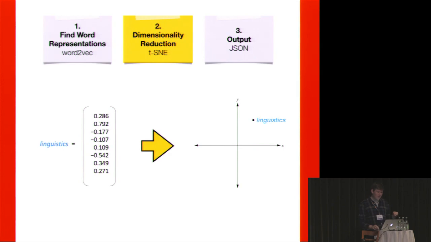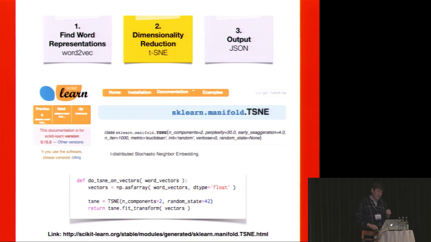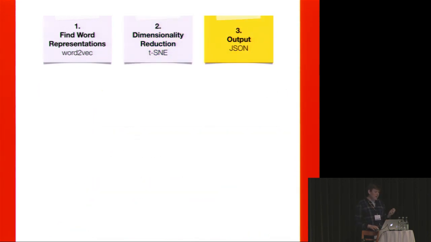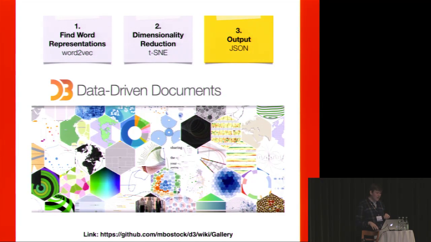Just one thing before that: to compute it, thanks to the awesome scikit-learn library, is incredibly easy. It's basically just 2 lines where you say, I want two-dimensional vectors, and I'm fixing the random state so I can compare my results. Then you just do fit_transform with scikit-learn, and this returns two-dimensional vectors. The next step is just writing it out to JSON. The idea here is, for instance, to be able to use the D3.js library, which is a lot of fun. This is precisely what I did.